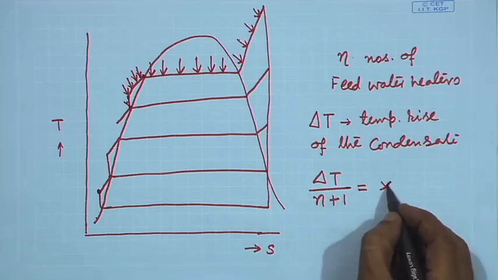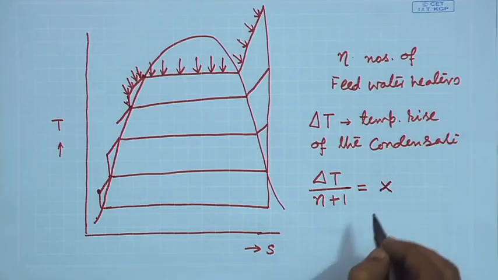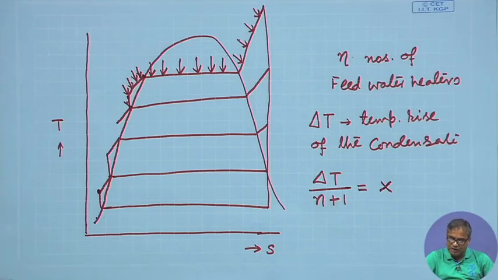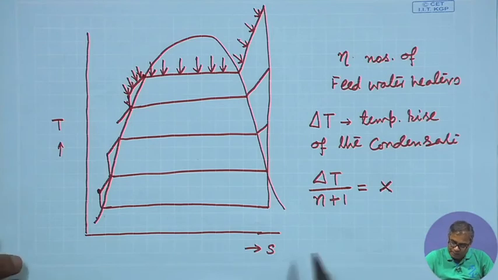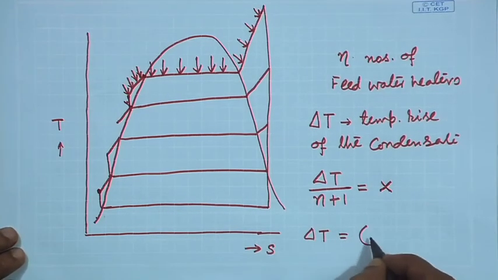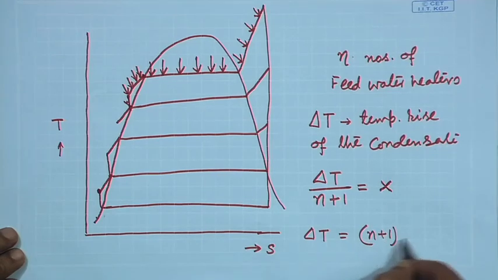So, this x amount of temperature rise will be there or should be there by each of the feed water heater. By each of the feed water heater, if I raise the temperature of the condensate by an amount x, where x is given by delta T divided by n plus 1. So, then what is happening? Delta T is equal to n plus 1 into x,